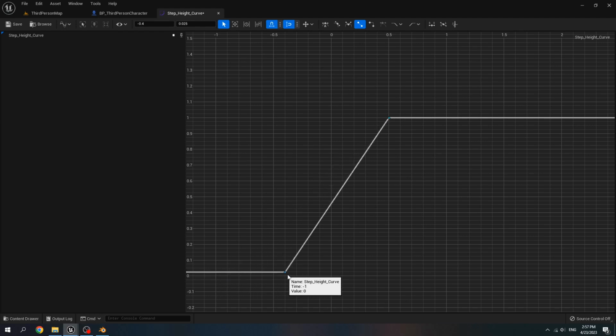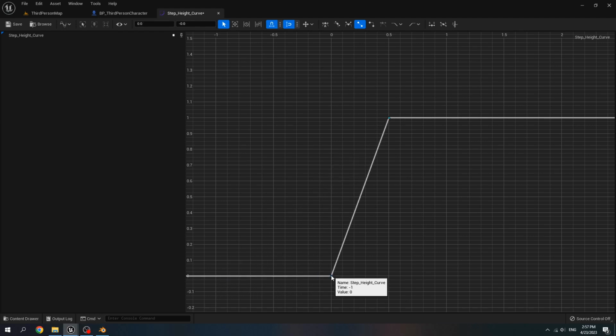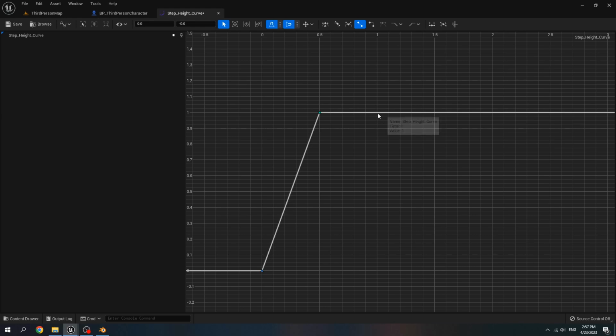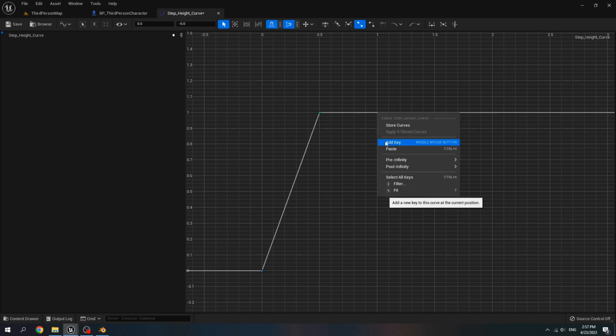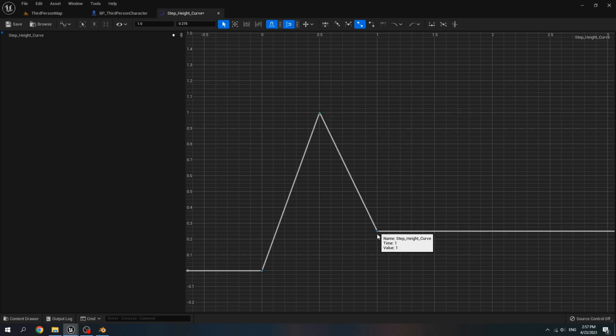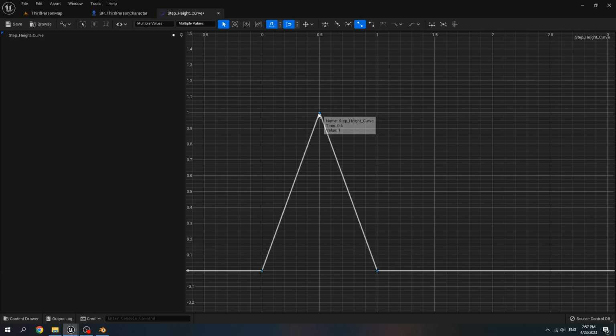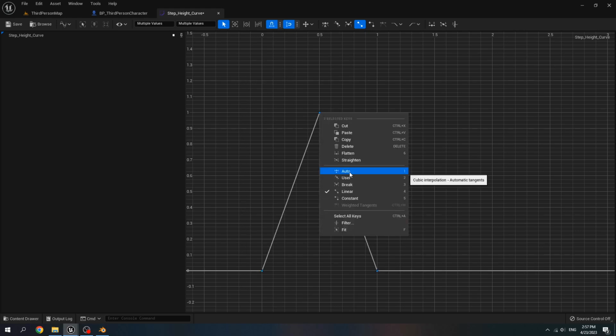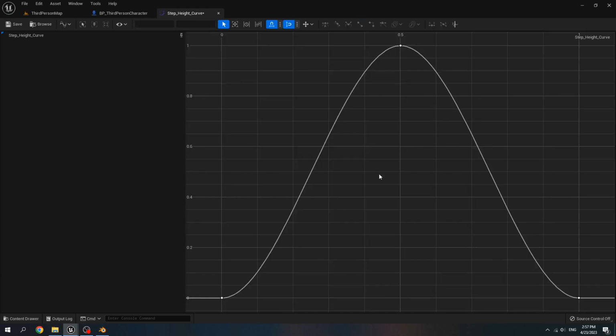For x is 0, y is 0, and for x is 1, add key, y is 0. Select all these keys, right click, auto. Press F to zoom it.